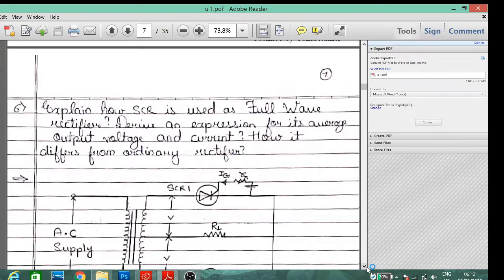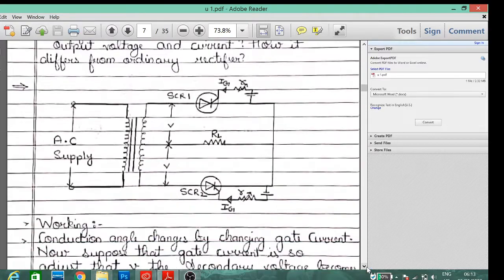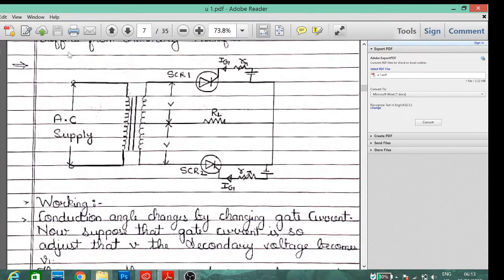Explain how an SCR is used as a full wave rectifier. Derive the expression for its average output voltage and current, and how it differs from the ordinary rectifier. Now here is the circuit diagram of the SCR as a full wave rectifier. Okay, now the working: the conduction angle changes by changing the gate current, and we will have